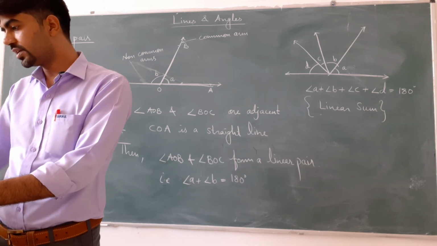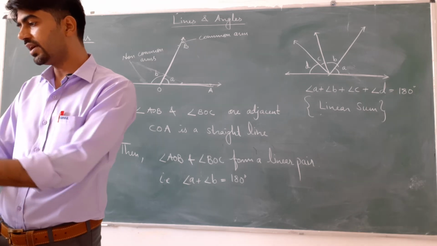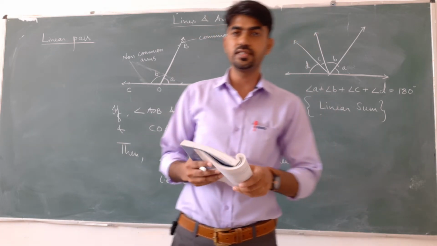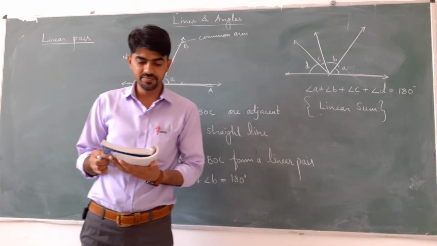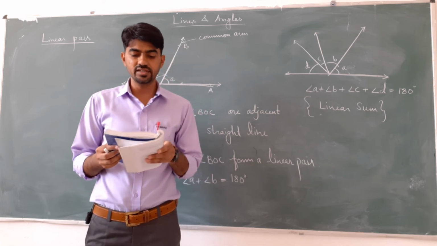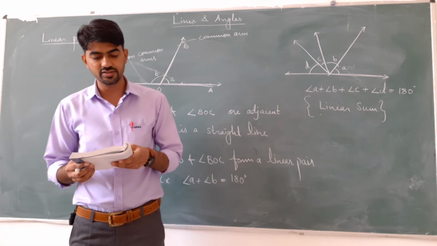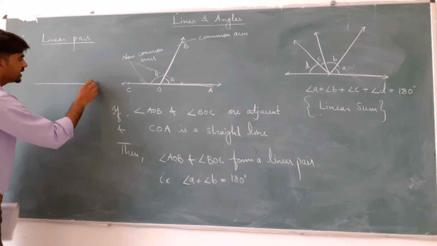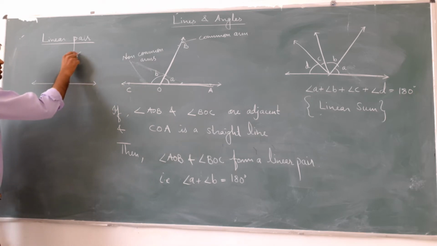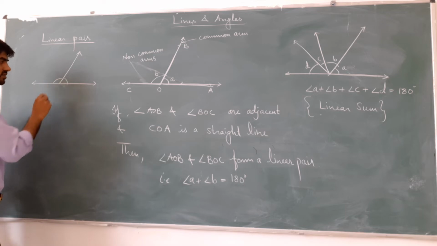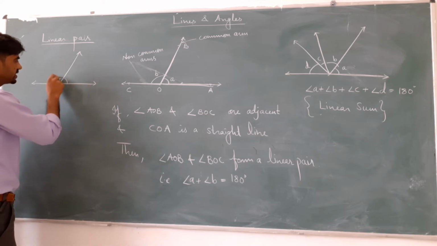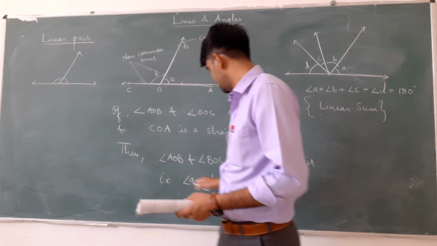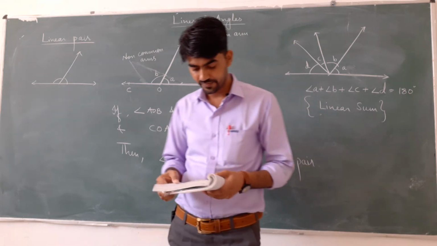Now let us see the next point. That pair of angles we have seen. Then we have axiom 6.1. It is on page number 93 of your NCERT book. And what is that axiom? If a ray stands on a line, then the sum of two adjacent angles so formed is 180 degrees. Suppose we have a straight line and any ray stands on this straight line, then these two angles which are formed as adjacent angles, their sum will be 180 degrees. It is just like this one we have discussed, the linear pair.